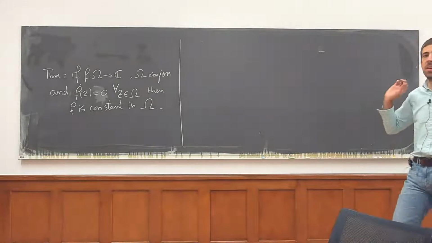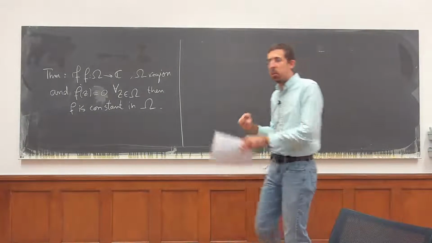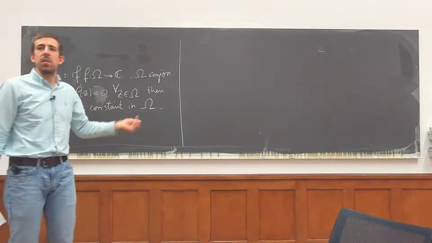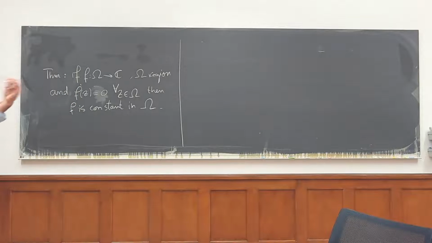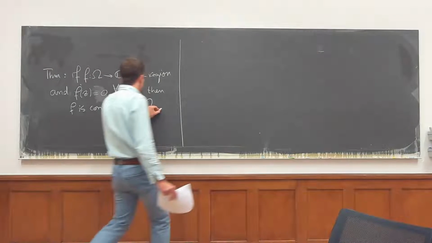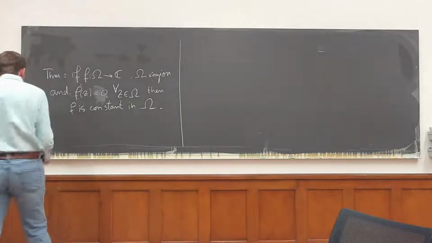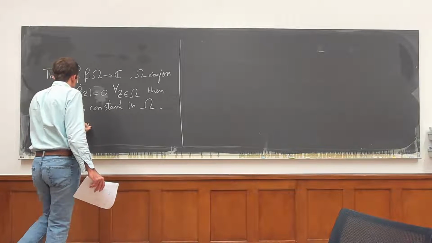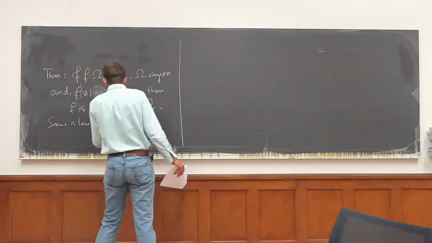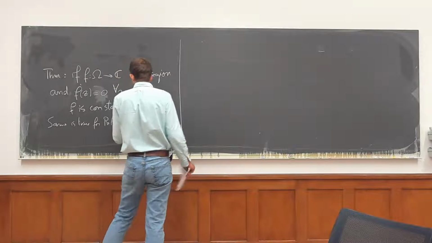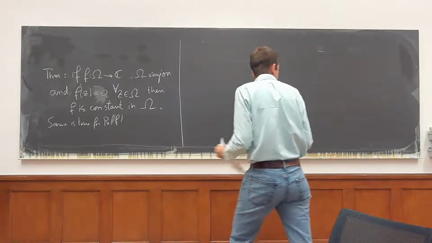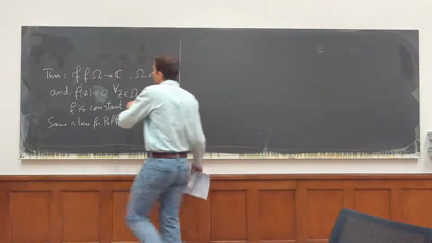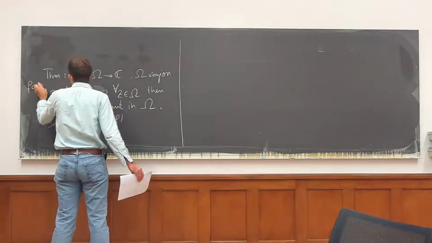The important thing here is that the set is connected, and so because the set is connected, you can connect it by a polygon line, and then because the derivative is 0, it needs to be constant on each polygon line, and you immediately recover this. But maybe a bit more surprising is that the same is true for the real part of an analytic function. So if f is analytic,